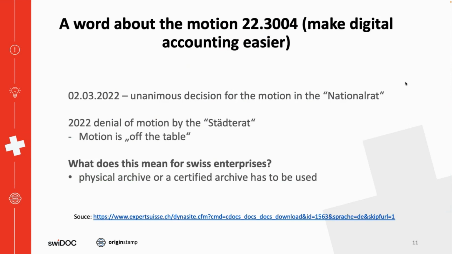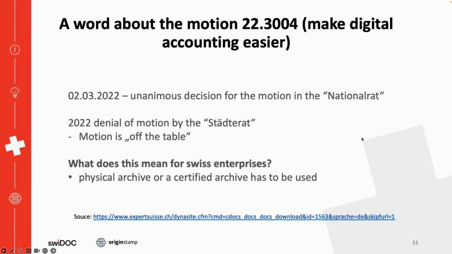Maybe the one or the other has already heard about the 2022 motion, making accounting easier, in the Swiss Nationalrat. Last year, there was a unanimous decision for this motion, but it was denied by the Ständerat.